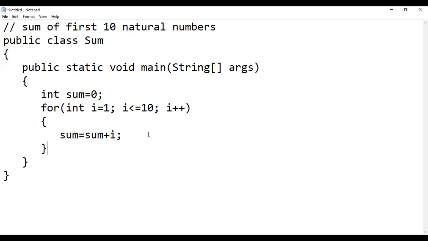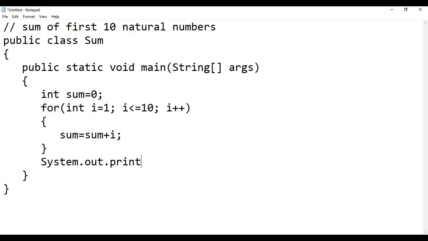If we write system.out.println inside the for loop, then every time it displays sum. Like initially sum will be 1, so firstly it displays sum is 1, then sum is 3, sum is 6, sum is 10. We want to display sum after completion, so we have to write our println after the for loop block. If we write it inside the for loop, it will print 10 times.